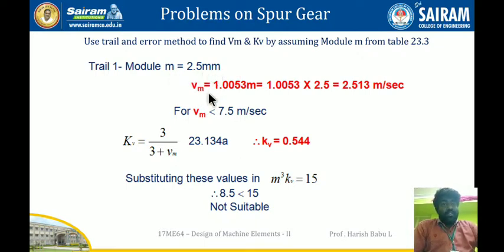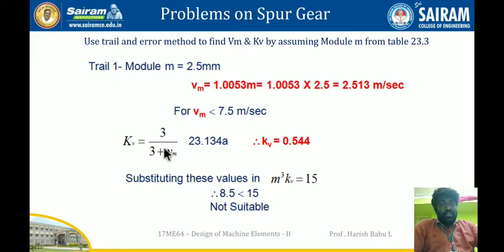I substitute in the Vm formula, so I get 1.0053 into 2.5, which is 2.513, less than 7.5 meter per second. To get the velocity factor, we have to find Vm. There are conditions whether it is less than 7.5, less than 12.5, less than 20 or over 20. Based on that, I have to select the equation from 23.134a to 23.138a. For this it is less than 7.5, so I assume equation 23.134a,